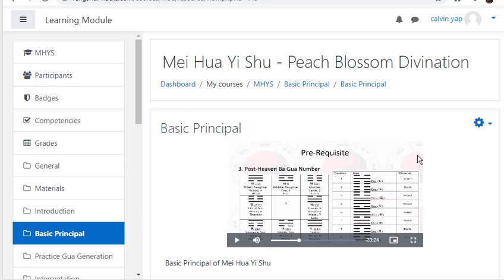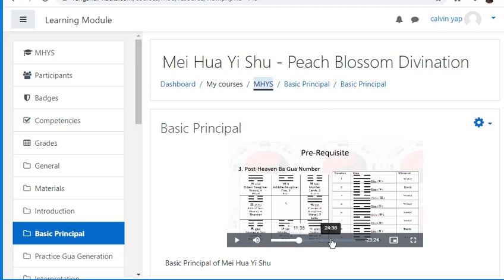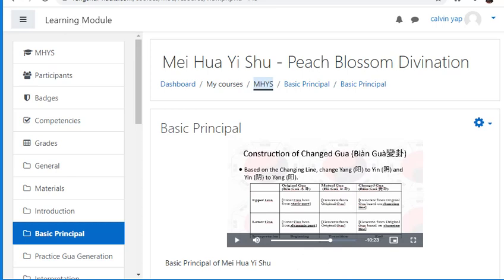So you need to know the post-heaven Bagua and all the numbers. Here we cover how to generate all the relevant Gua: the original Gua, the mutual Gua, and the change Gua. When you have all these, then you can go on to do the